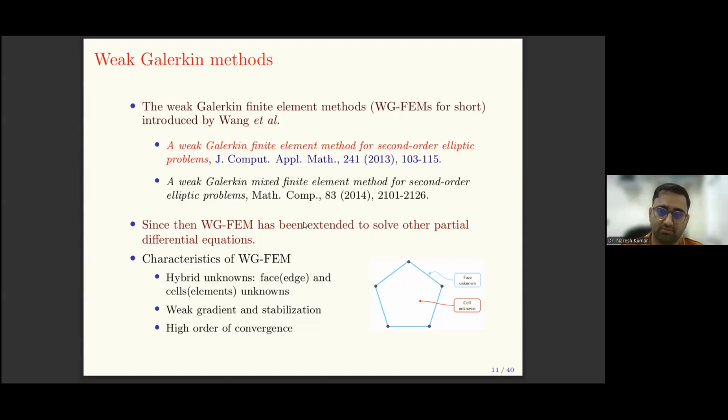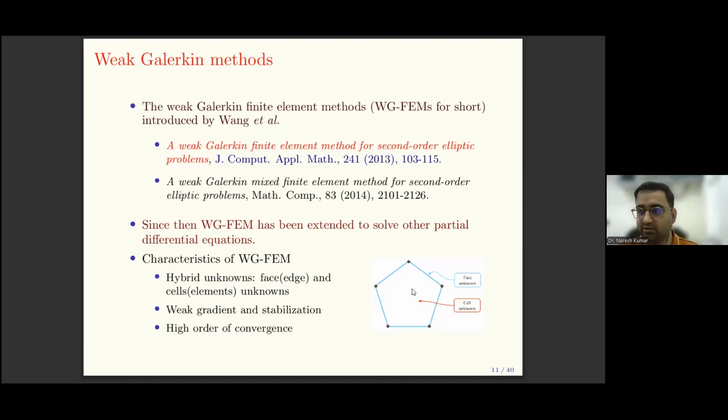So these are some main characteristics of the WGFEM. Basically, in the WGFEM, we use hybrid unknowns. Hybrid unknowns means, suppose we have this mesh. Okay, this is a pentagon. Here you can clearly see there are 5 edges and one interior part. So in the WG method,